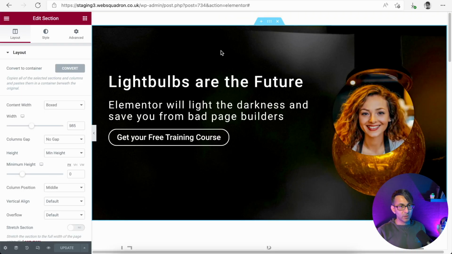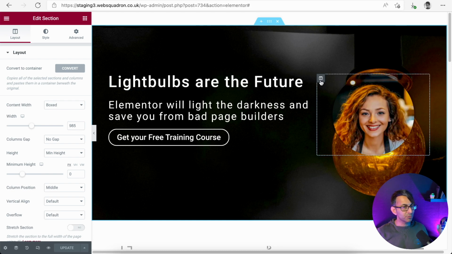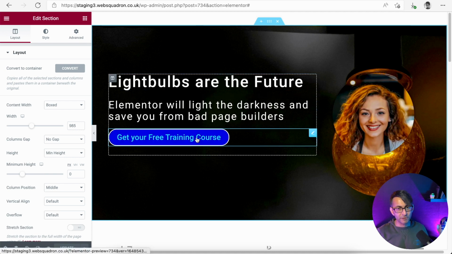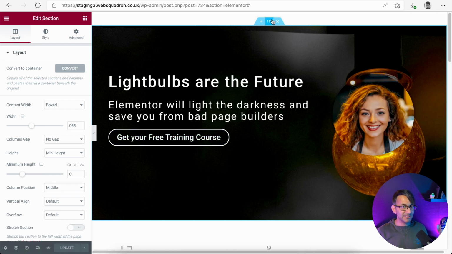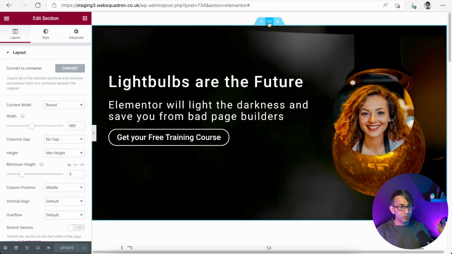I'm on one of my test websites, so don't complain about how this hero banner looks. It's just a test website, okay? We have a section. We still have over here column 1, and we have column 2. You can't miss it. We've got a background image, header, subheader, whatever, and a button. Okay, pretty simple. So even though I've activated it, and this is an existing section on an existing test page, you can see it all down here, existing items. You can still see section, and you can still see the column.